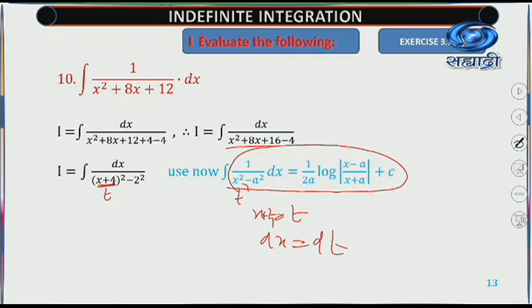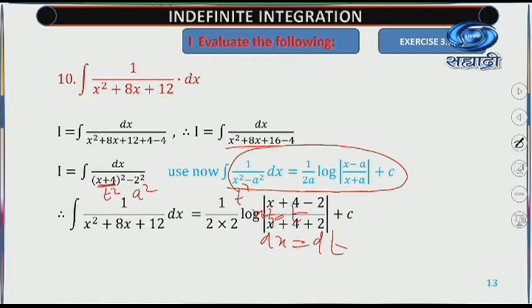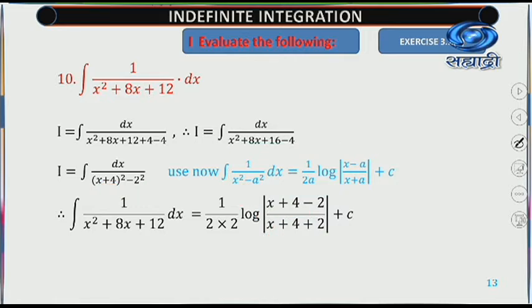So immediately you will get here a t square. Now look at here. So directly you are able to write this formula. What is your formula? Your formula says that 1 upon 2a. What is the value of a? This is a. 1 upon 2 into 2 log of, now t minus a, t plus a,